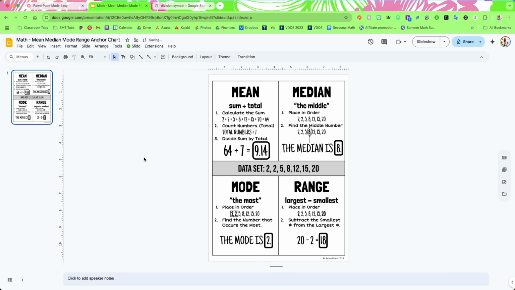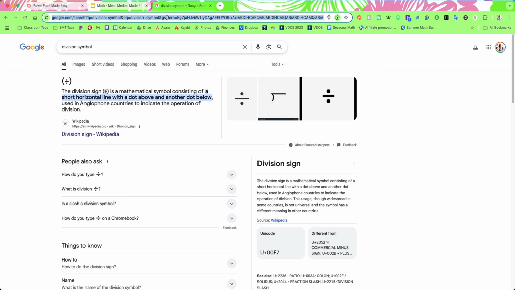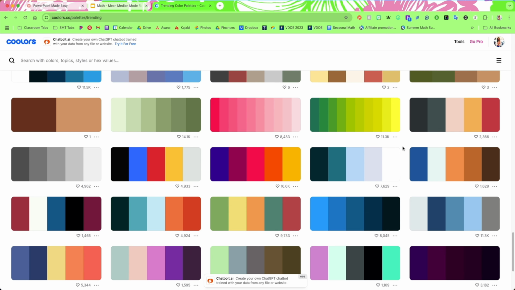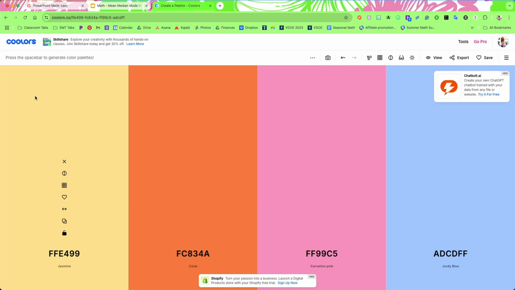Next thing I want to do is make the actual color version. So let's pick a color palette that we like. Let's find one. Let's just look at some palettes. Which one? Which one? Which one? So now I'm just going to copy and paste this